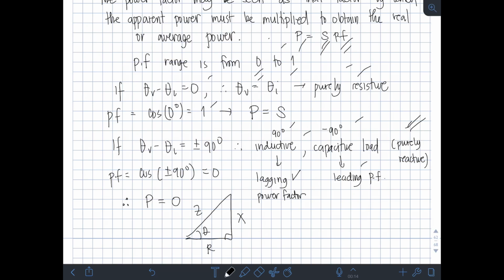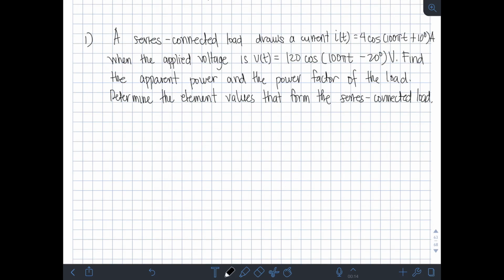Okay? Pag kinosine natin yung theta ng impedance triangle, yun yung magiging value natin ng ating power factor. Okay? So, para ma-illustrate natin yung na-discuss nating concepts at formula para sa apparent power at power factor, mag-solve tayo ng examples. So, for the first one, we have a series connected load draws a current